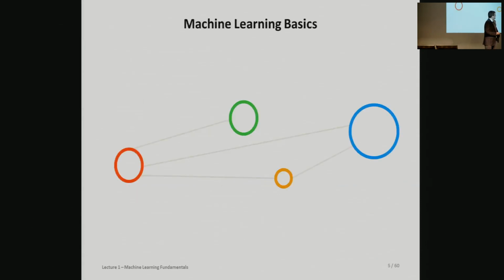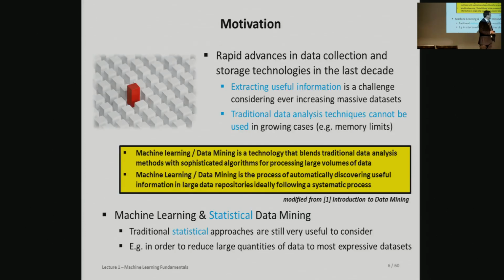So let's start with the real basics. The motivation for why this is an attractive topic today is probably best explained by what is sometimes called the ocean of data. There's lots of data, but that is not just what we're interested in. The interesting thing for machine learning or data mining is to get information or insights out of all of this data. So data is fine, we need that, and we will see in a mathematical formula that we need it. And the more, the better in a sense. However, this red fellow is what we want to achieve with machine learning: to find the information we are looking for.